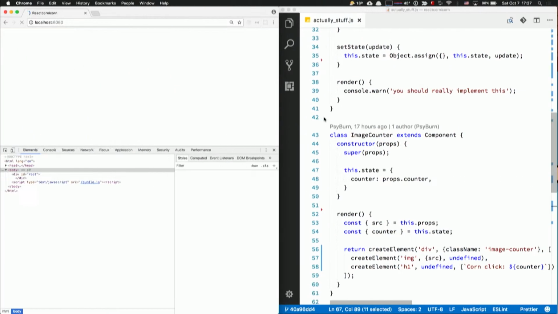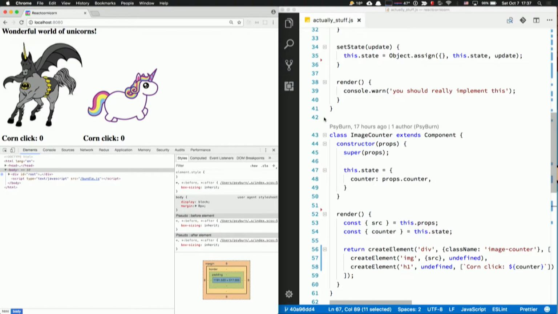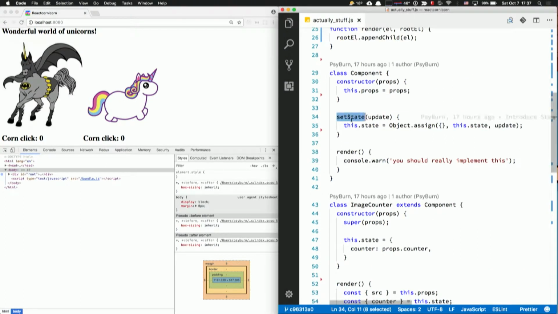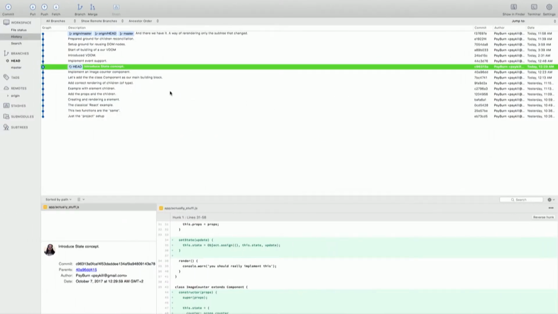And since we have components, we would like the components to be self-contained and have their own state. For that, we just introduce a function called setState in the component that you have to use if you want to update the state. And that's it. For our future uses, we're going to use that for re-rendering of the component itself. So we'll come to that.